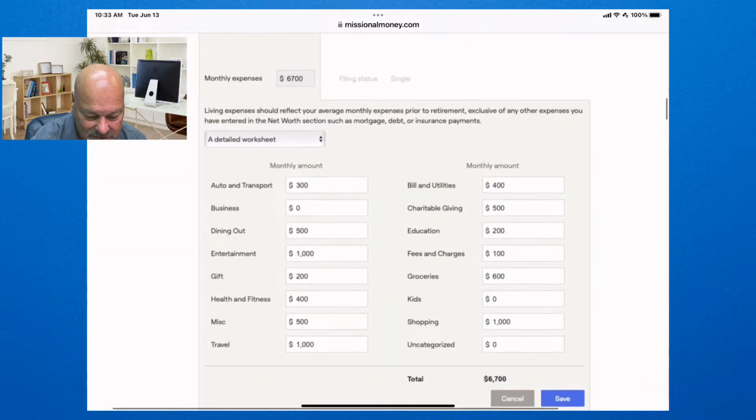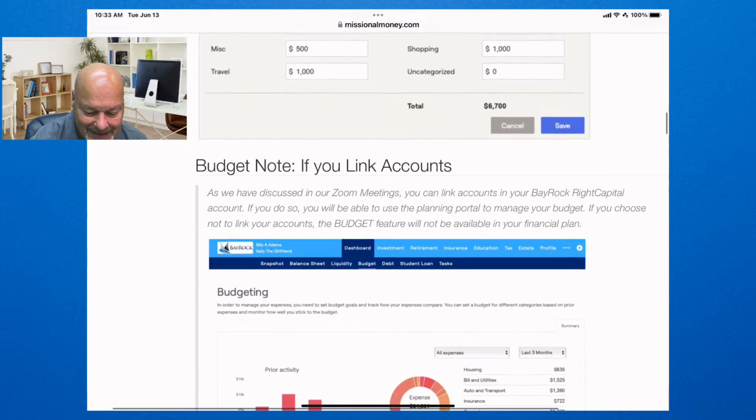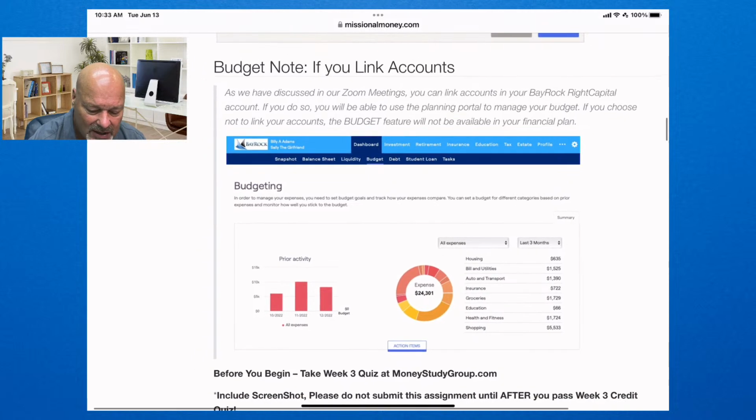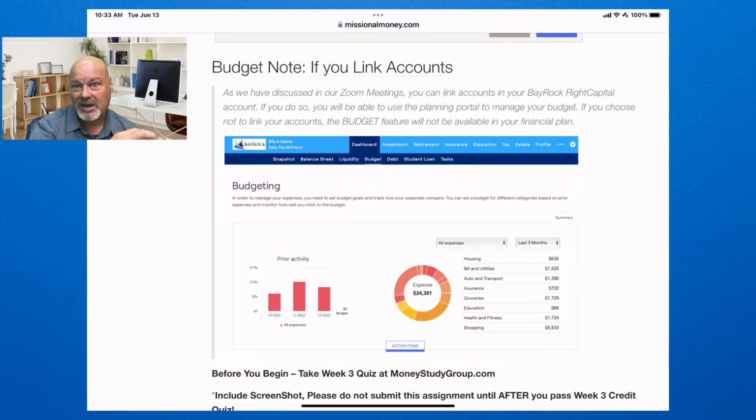So anyway, I'm going to go back here just to show you why I was showing you that, because it's one thing to put in your expenses. Okay, you're going to do that. You're going to say, here's my expenses. But if you want your financial plan to capture those transactions automatically and build them into your financial plan, which is a really cool feature.